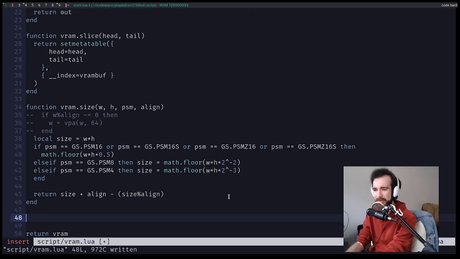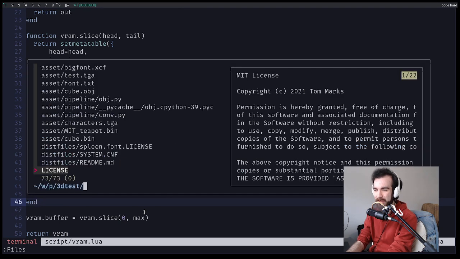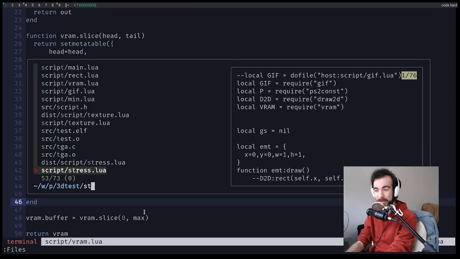So I guess the only thing missing now is the default buffer. So let's say VRAM dot, what do we call the default buffer? Do we just call it buffer? Do we call it mem? Do we call it m? Do we go really simple? VRAM dot buffer equals VRAM dot slice. I guess 0, max. So we have a default VRAM buffer, which is all of VRAM, and then we're going to take slices on top of that. So now if we come into, for example, our stress test,